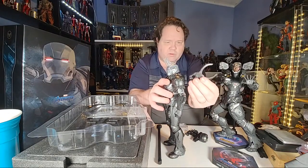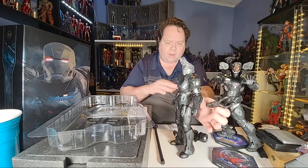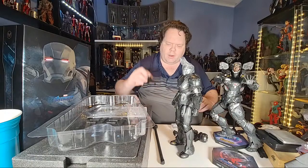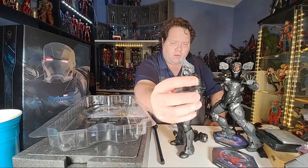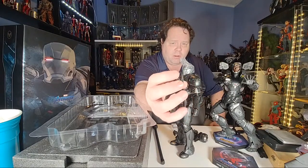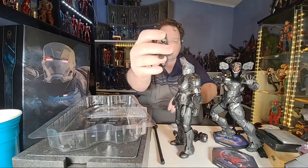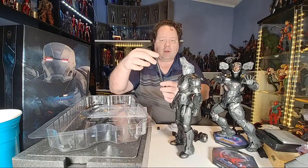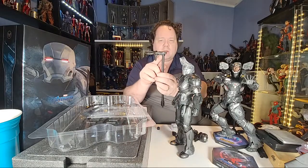And again, I don't remember which suits these came with. I think they came with the original, the older sets that had the square base to them, similar to the Hall of Armor, if I remember correctly. And then on these, there's multiples of these now. This is one of the newer ones. It's a much larger opening here, and this piece here is rubber, and what it's designed to do is, through the weight and friction of it, as you put it on this thicker display stand, the rubber is supposed to